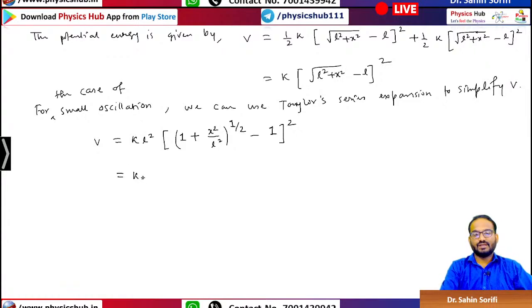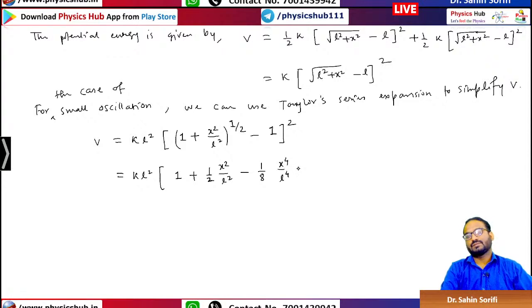This is equal to KL square. Now we can expand this in Taylor series. We have already discussed Taylor series, so there is no issue in understanding that. 1 plus half times x square by L square. Now you see x by L is much less than 1, so not many higher terms will survive. So minus 1 by 8 x to the power 4 by L to the power 4, and let's say plus so on,